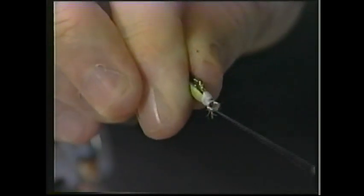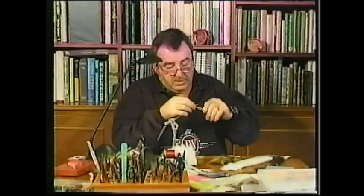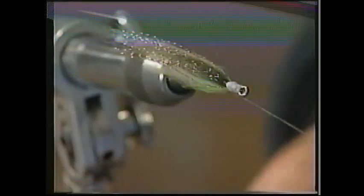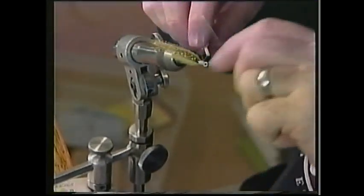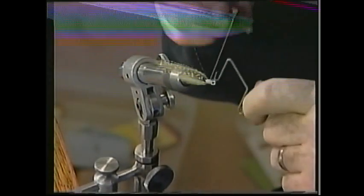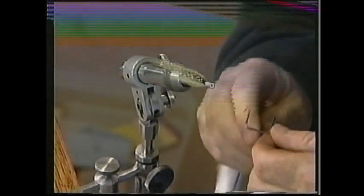So that we can get some little eyes on this. Then that's just about right. Let's open up our silk a little bit. Grab our Matarelli with finishing tool. Tie off. We don't have to put a lot of turns on this, because a little bit later we're going to be putting an epoxy resin over the top of the head of this fly,